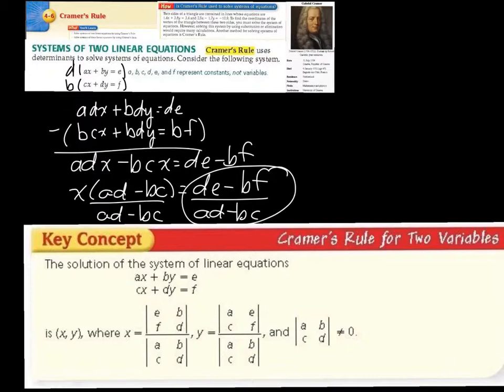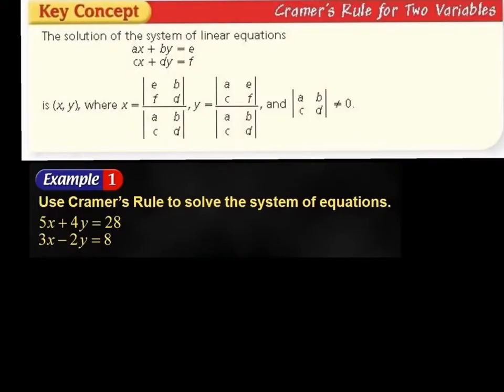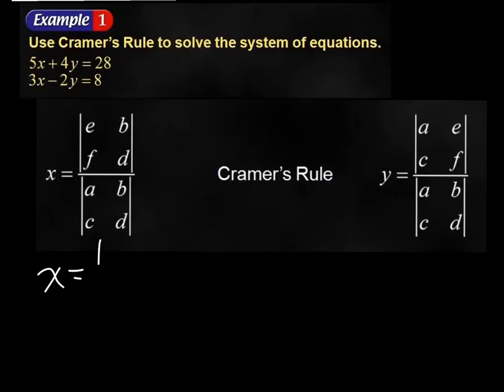And of course, division by 0 is a bad thing. So if we have a determinant where the denominator ends up being 0, that's going to be a no solution situation. Now, I'm going to agree with you right here. This would be easier to do with elimination. But we're going to start off Cramer's rule with something with easy numbers before we get into uglier ones that it's more practical for. So to find x, I'm going to have the constants in my first column